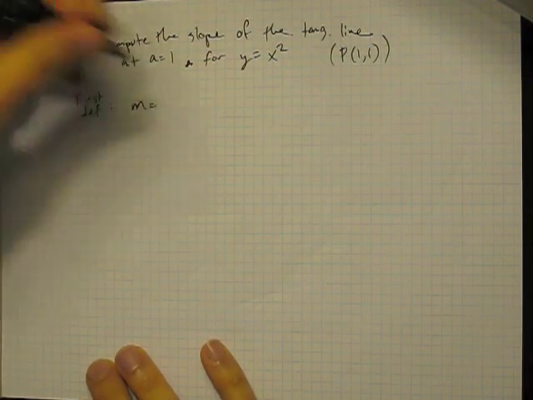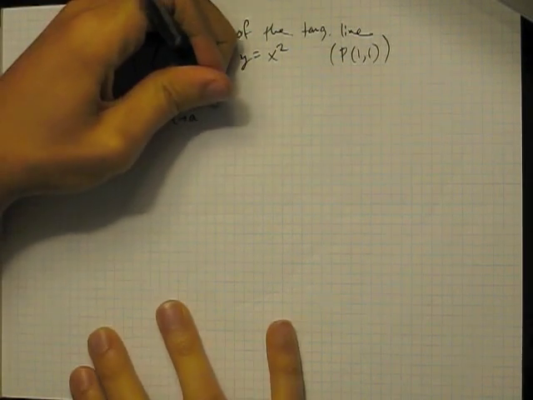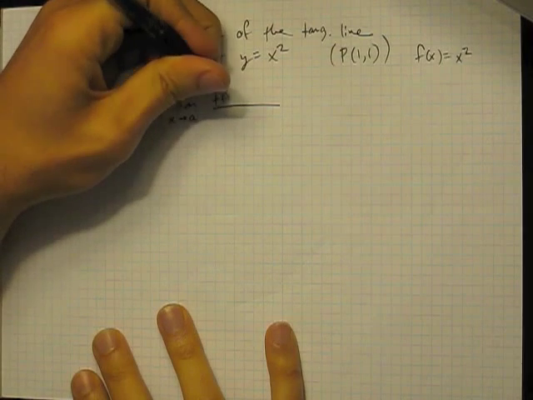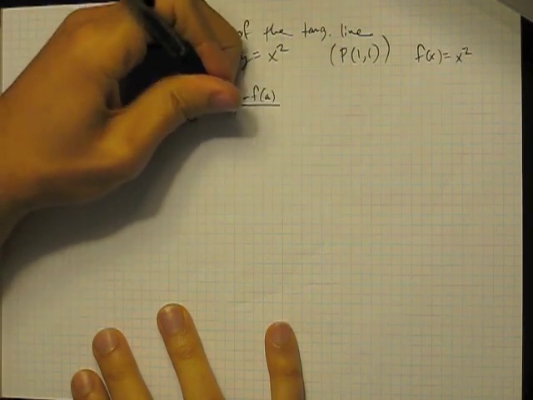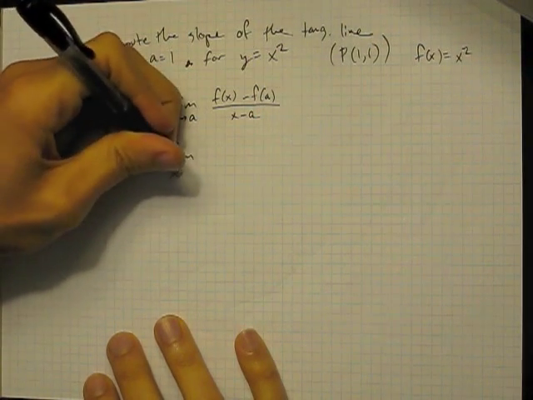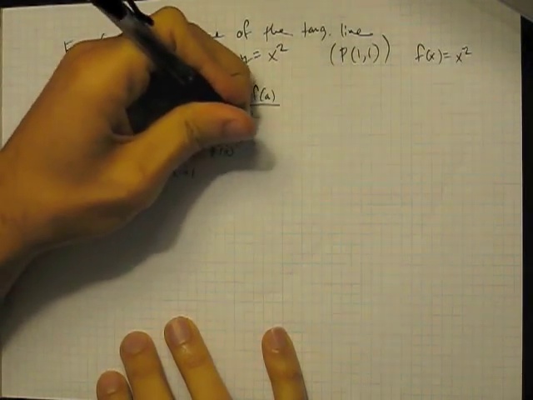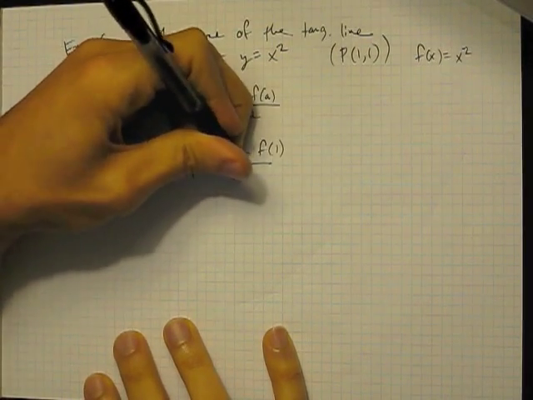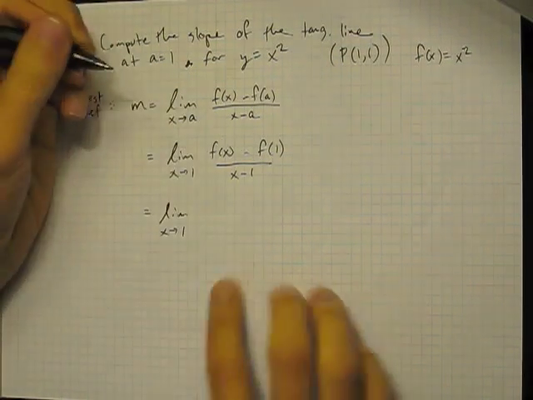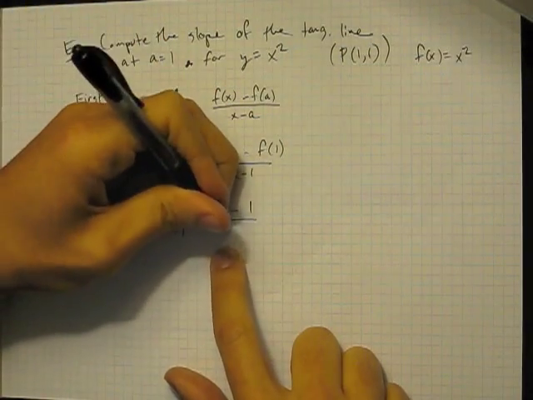So m is equal to the limit, we said, as x approaches a of, so f of x here is x squared, f of x minus f of a over x minus a. This is equal to, so a is 1, so we get the limit as x goes to 1 of f of x minus f of 1 over x minus 1, which is the limit as x goes to 1. So f of x is x squared, f of 1 is just 1,